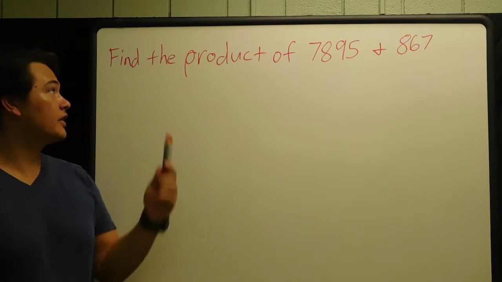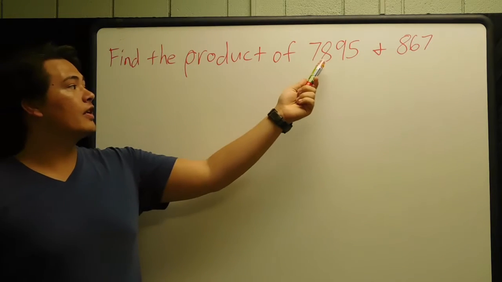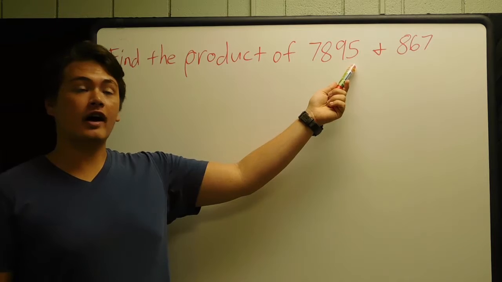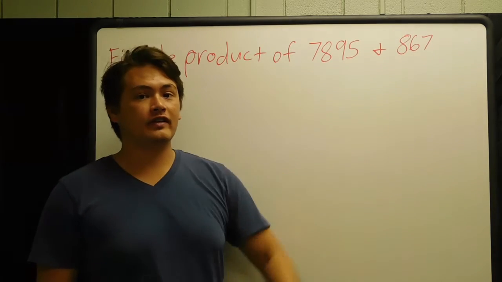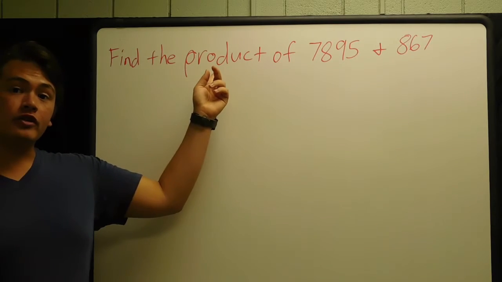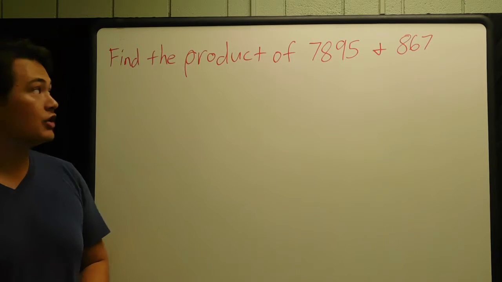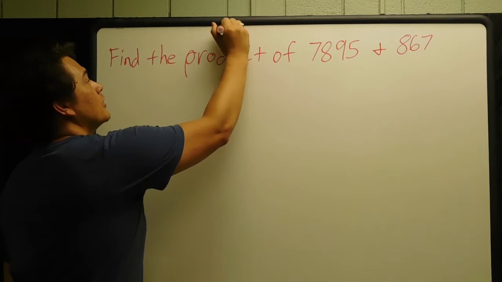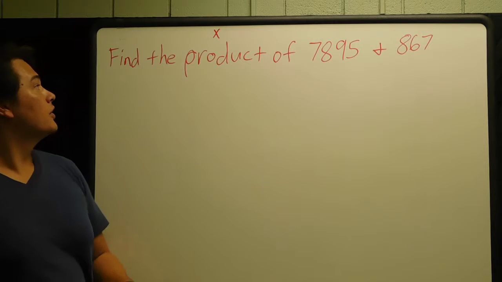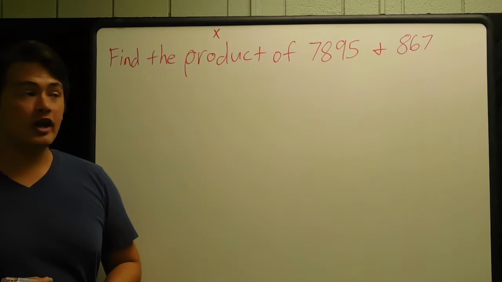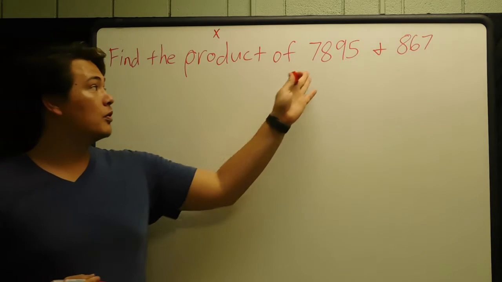This question is asking, find the product of 7,895 and 867. What does product mean? Product means multiplication. So I'm just going to put multiplication. So now that we know that product means multiplication, all we're going to do is multiply this